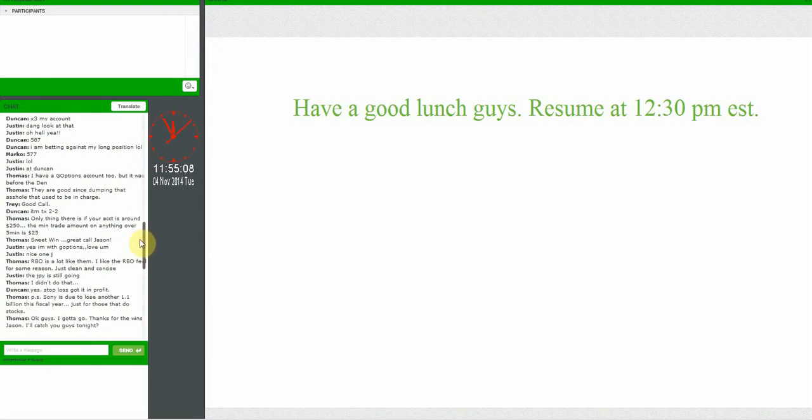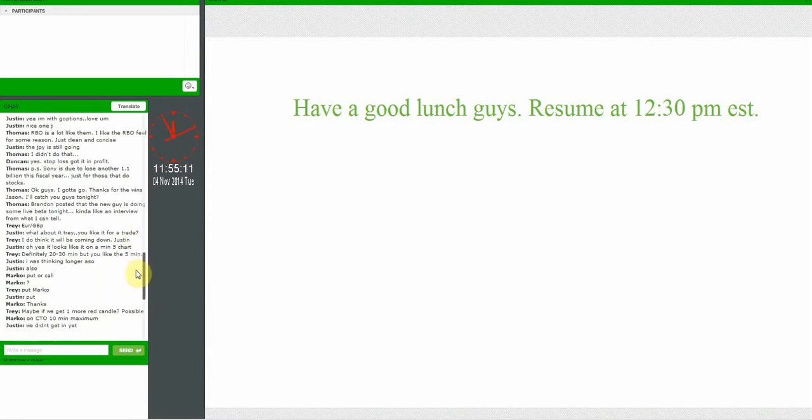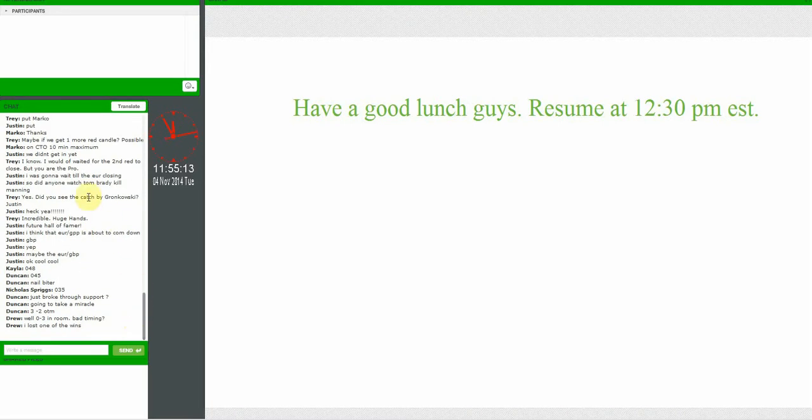Alright, so I remember I took those 2 trades. They ended up being losers for me. And then they had another trade here. Here it is. People showing where they got entries at. Just broke through support. That's not good. Gonna take a miracle. That means something bad happened. Alright, well, 0 wins, 3 losses in the room for this guy here, for Drew. Just like me, he ended up losing that winner that a lot of the other people had. So all 3 trades would have been losers today. That is not a good thing.